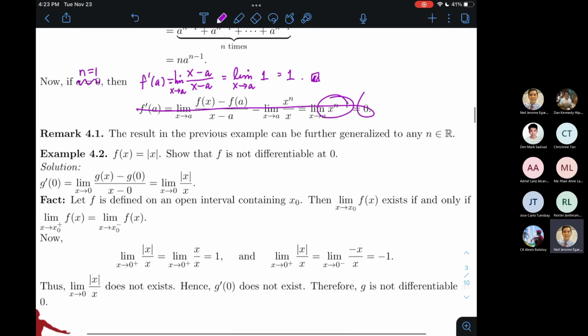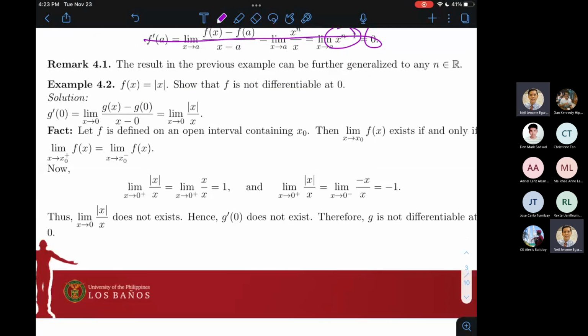Okay? Now, another illustration is example 2, pagpapakita naman na hindi differentiable ang isang function, in particular, the absolute value function at the number 0. Okay? So, in this particular case, we need to look at